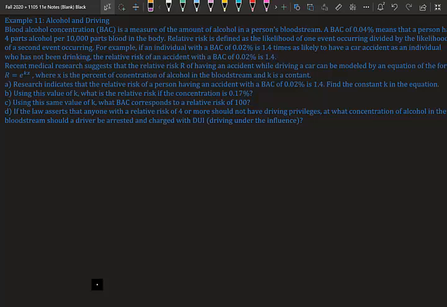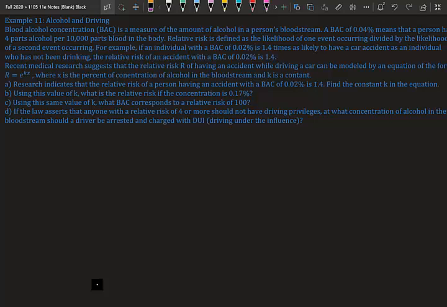Alright, last example. Blood alcohol concentration, BAC, is the measure of amount of alcohol in a person's bloodstream. A BAC of 0.04 means that a person has 4 parts alcohol per 10,000 parts blood in the body. Relative risk is defined as the likelihood of one event occurring divided by the likelihood of a second event occurring. For example, if an individual with a BAC of 0.02 is 1.4 times as likely to have a car accident as an individual who has not been drinking, the relative risk of an accident with BAC of